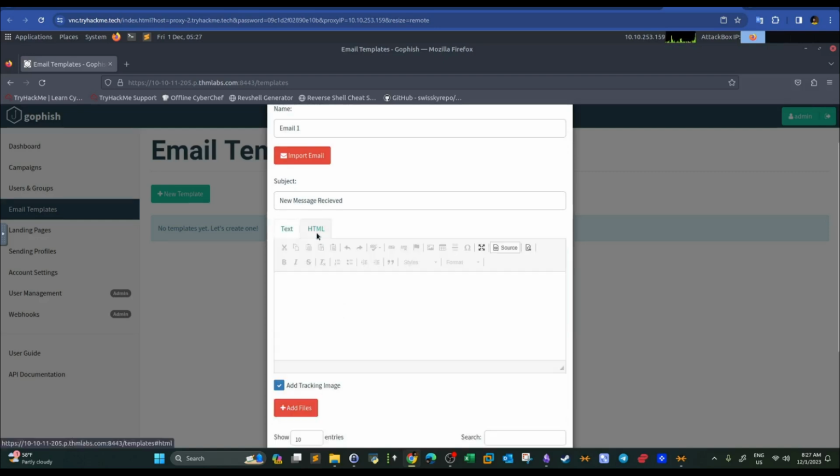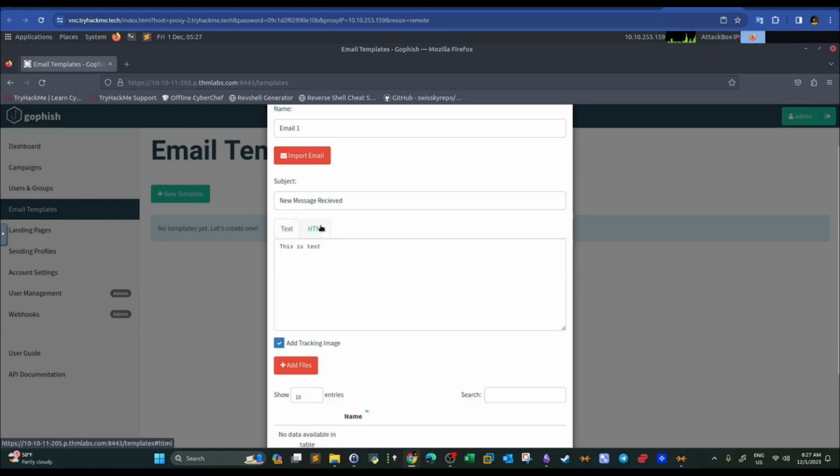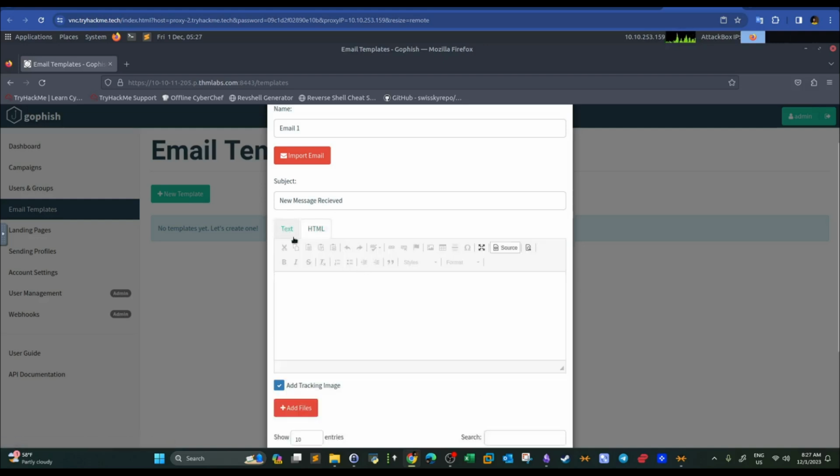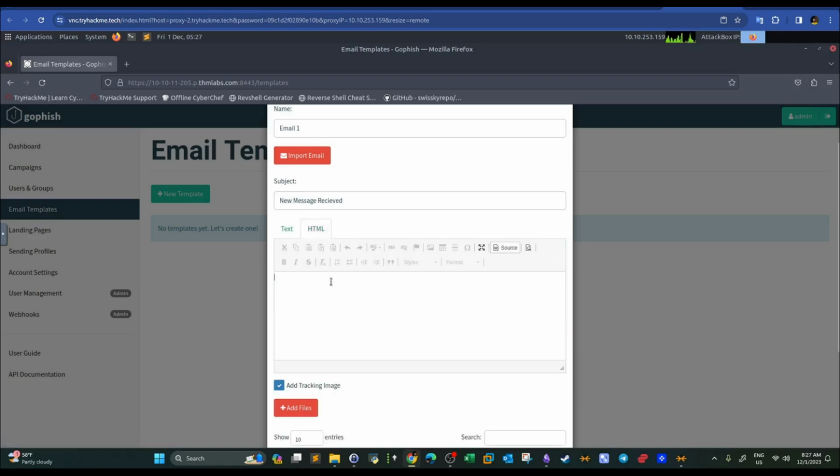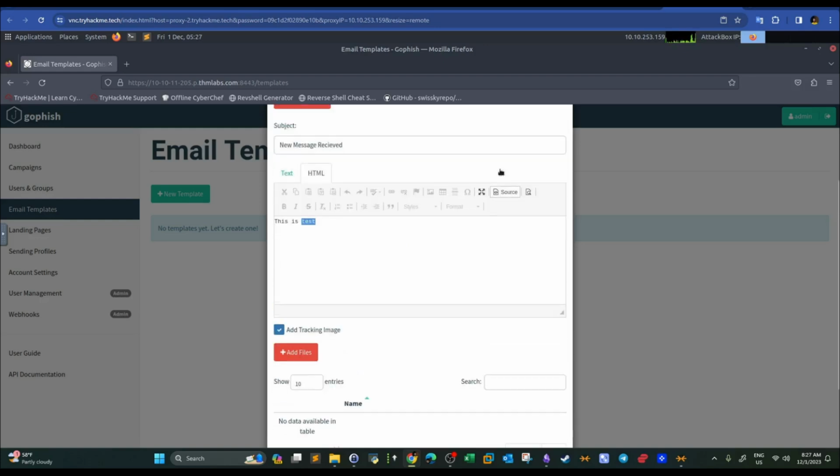I'm gonna click on HTML. Okay, let's take this here because we want to insert some links. So we highlight the test. Let's say this is the hyperlink we want the person to click on. So here we click on the link button. Let's see where it is. Click on source and highlight the test. Okay.